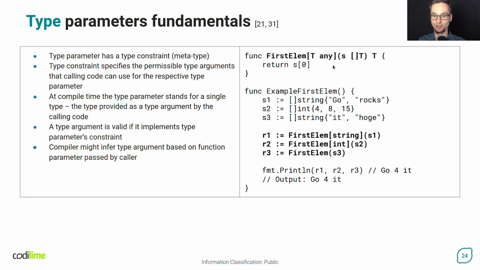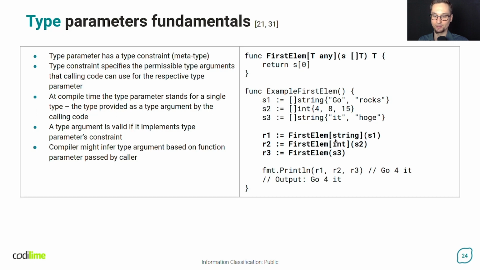So this is, I would say, a pretty liberal constraint. And at compile time, the type parameter stands for a single type. For example, when the user, let's take a look here, when the user passes, for example, a slice of string, at compile time, this function